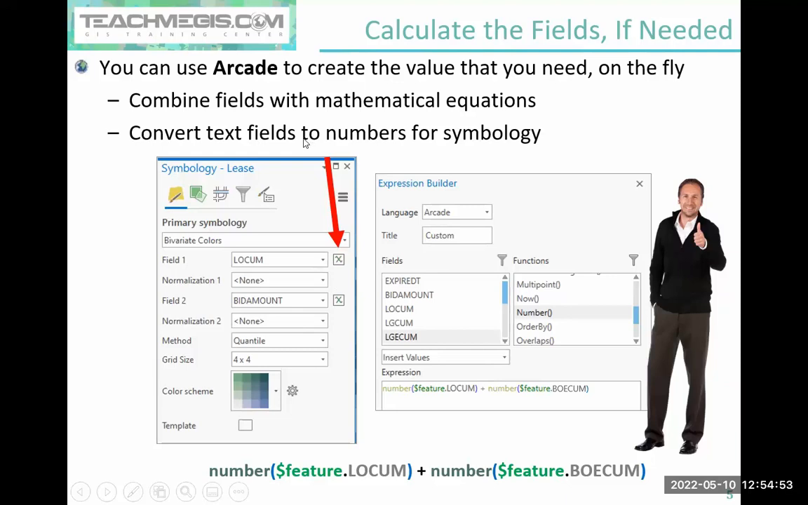We can do many things with it, but symbology is one of the things. So I can add together the oil production and the gas production on the fly and not have to actually make a change to the database table. All I have to do is, originally I had the oil cumulative production column chosen, but I have to hit this little expression button, which opens my expression builder and lets me build the expression. Take the oil cumulative production